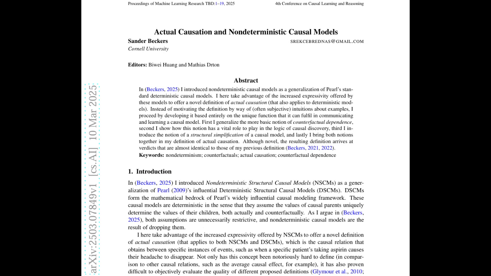You got it. And that brings us to the paper's definition of actual causation. Hit me with it. Actual causation happens when counterfactual dependence, you know, those what-if scenarios, holds true even when we simplify the model. It's like saying, yeah, this thing caused that thing, even though other stuff was happening that could have also caused it. So it's not enough for it to be one possible cause. It has to be a cause that makes a difference, even when we're only looking at the most important connections. You got it. It's about figuring out the key players, the things that really matter.